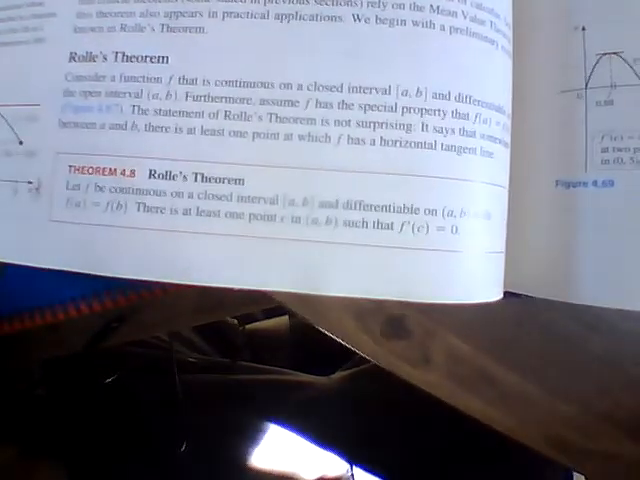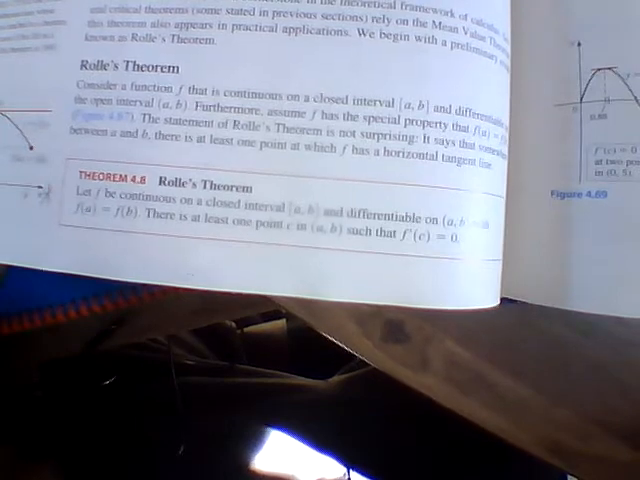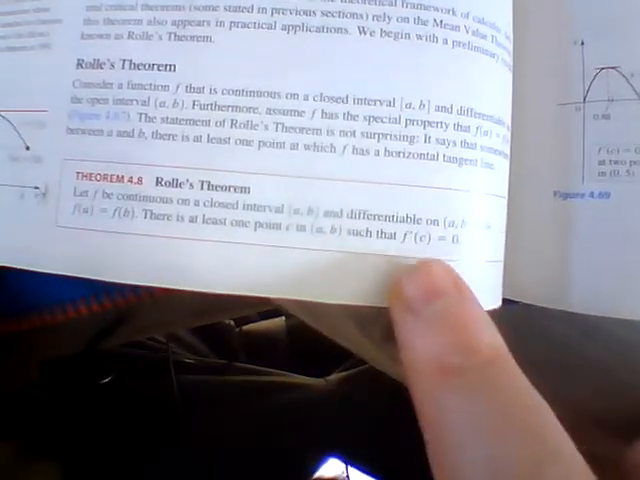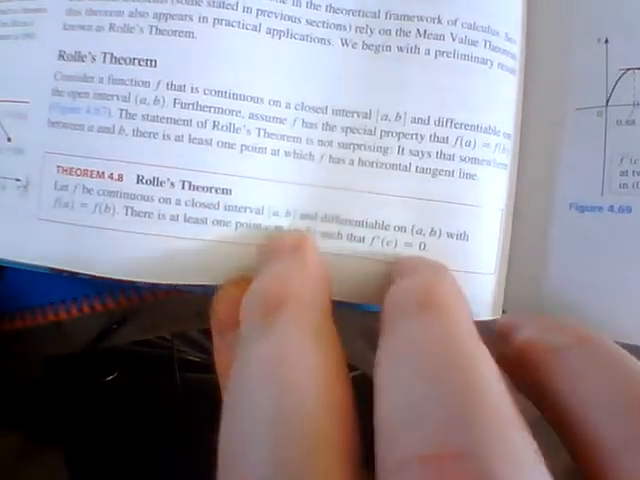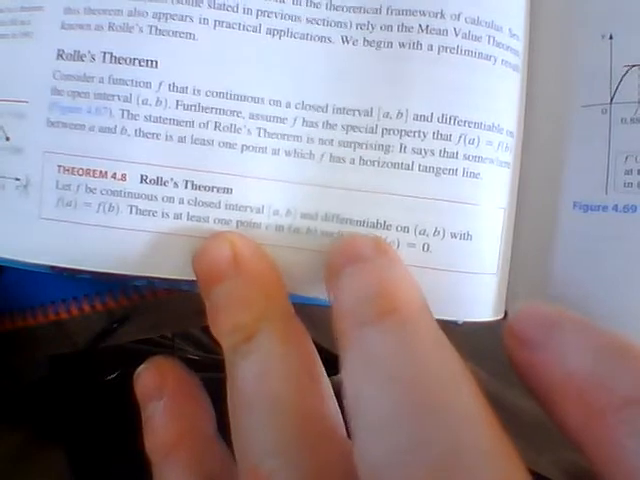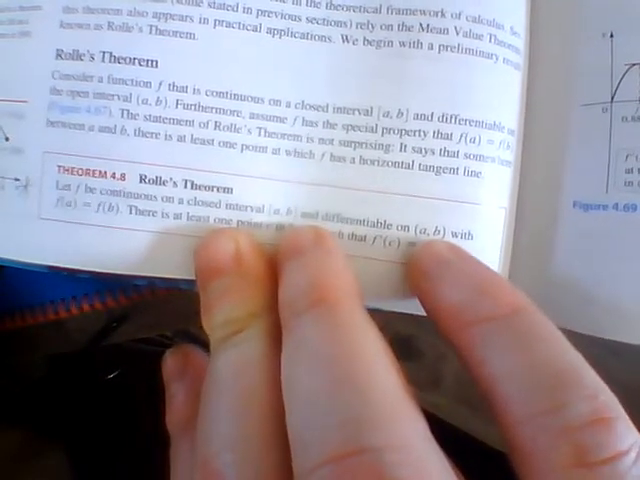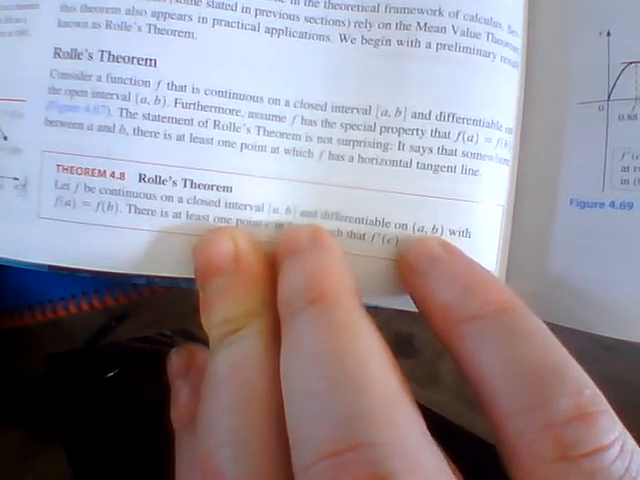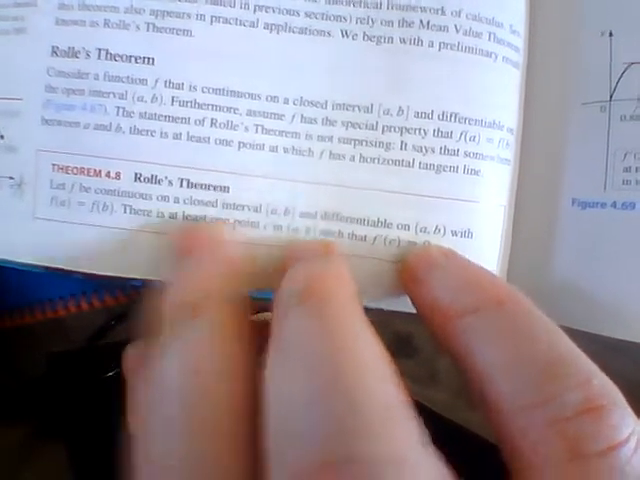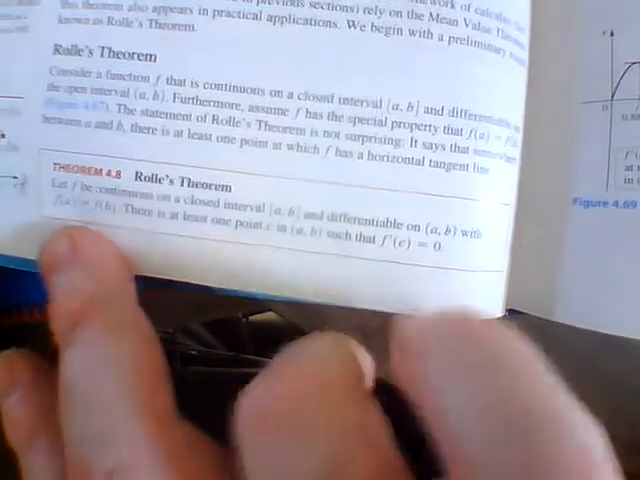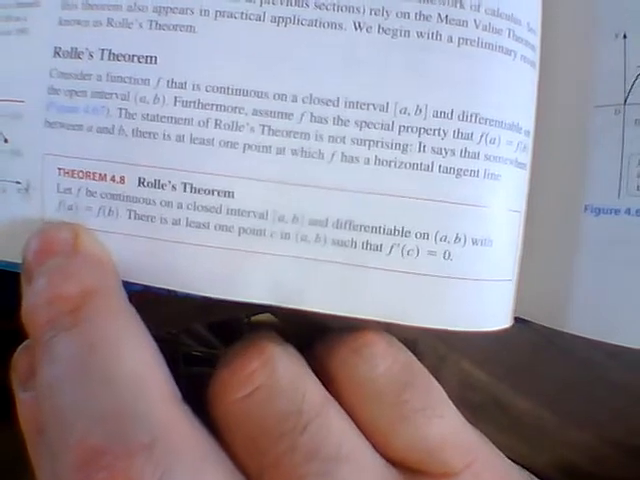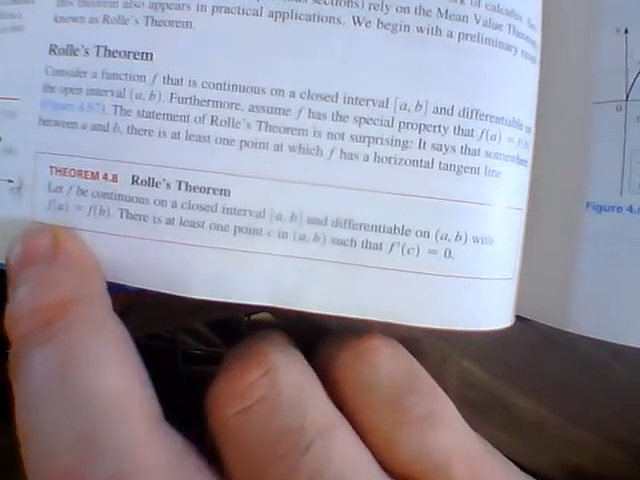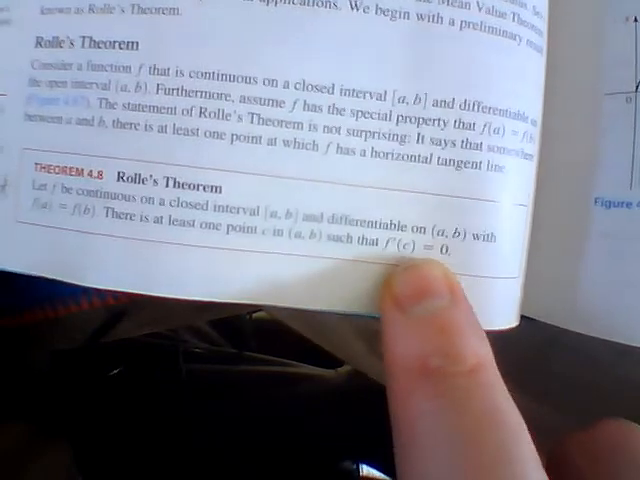In Rolle's Theorem, we take a look at if f is continuous on a closed interval from a to b and is differentiable from a to b. The main purpose is that we have to have an interval and be differentiable on this interval continuously. If any point is not differentiable in here, Rolle's Theorem does not apply. Basically, if our endpoints are the same, if f of a equals f of b, that means there is at least one point in between